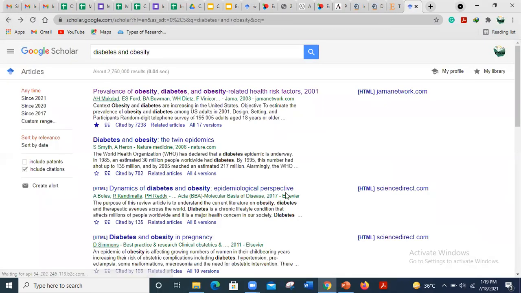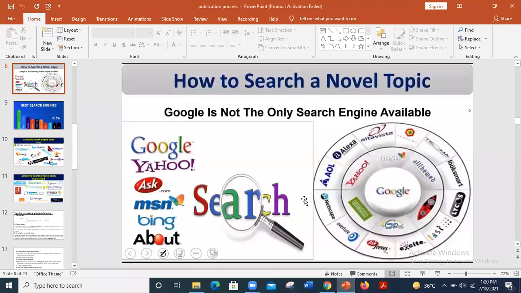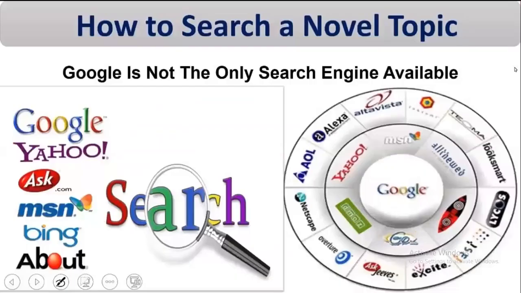Now I am going to tell you about some other places from where you can search your research paper. Google Scholar or Google is not the only search engine where you can search your articles. Here are some other search engines just like Google: Yahoo, Ask.com, Amazon, Bing, and all these things where you can search your data.